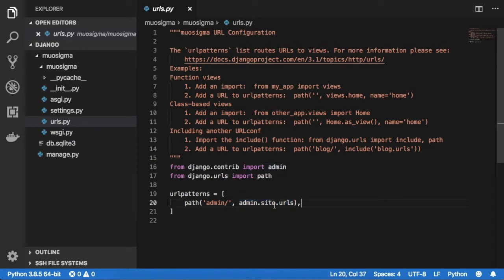For example, if I want to open my home page on a blank route or on a slash, or another about us page or any contact us page, I need to set the route first. This is the place where we can set our path.